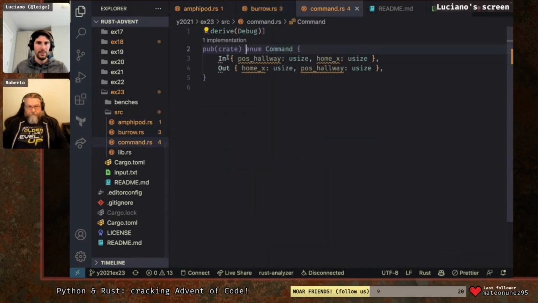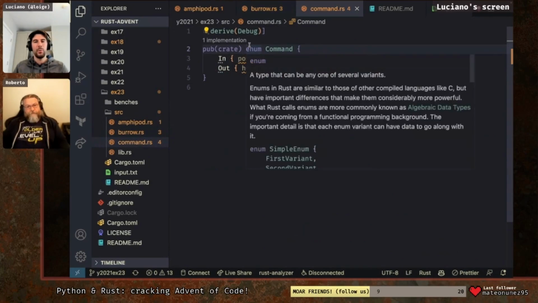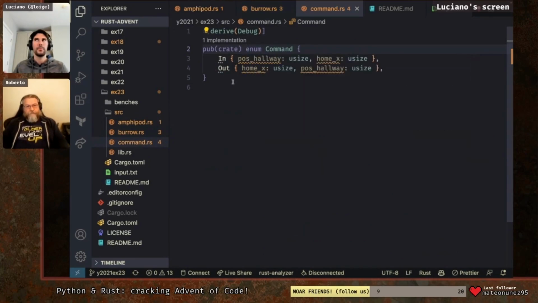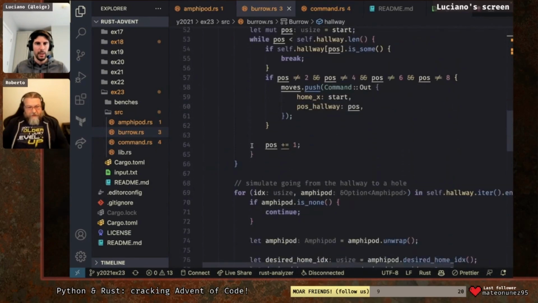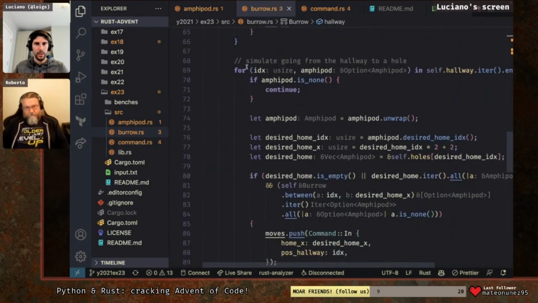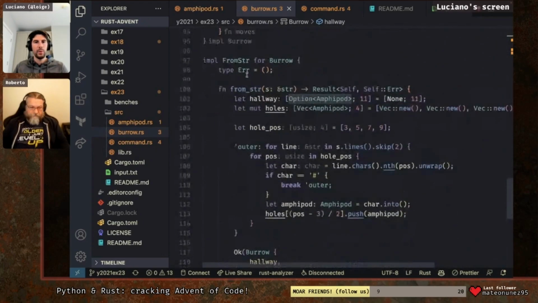And let's quickly look at commands. We are basically using the command pattern to describe every single movement that an amphipod can do. And the movements are either from inside a cave going outside in the hallway, or vice versa, from the hallway going back inside a cave. So this is where we have two variations. And for every variation, we have a position in the hallway and a position in the cave or home or whatever we are calling it. And that's pretty much it. And we spent a lot of time in the last stream to build this function. Now what we can do,